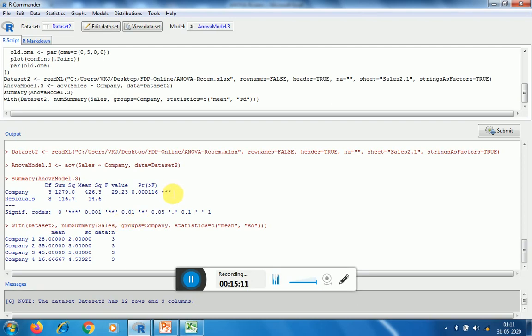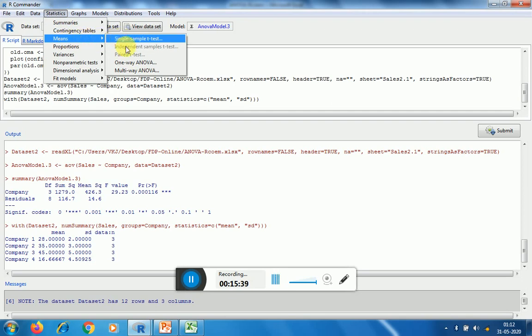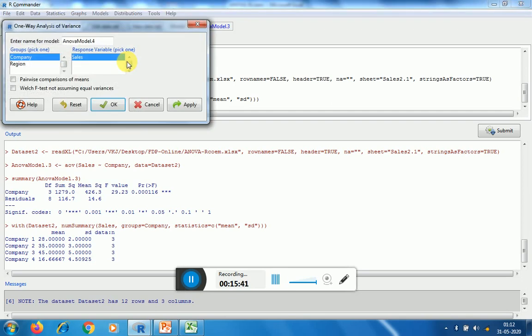This implies that at 1% level of significance, we can say that there exists a significant difference between the means of various companies.